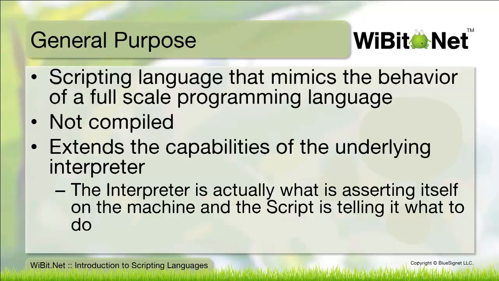We also have the general purpose programming languages. Now, this is the meat. This is the good stuff right here. It's a scripting language that mimics the behavior of a full-scale programming language. Now, these are not compiled. I mean, technically, you can compile Perl, TCL, or Python to executable, but the traditional way to run it would be to run it against the interpreter. And it extends the capabilities of the underlying interpreter, which we said just a little bit ago. So the interpreter is actually what is asserting itself on the machine, and the script is simply telling the interpreter